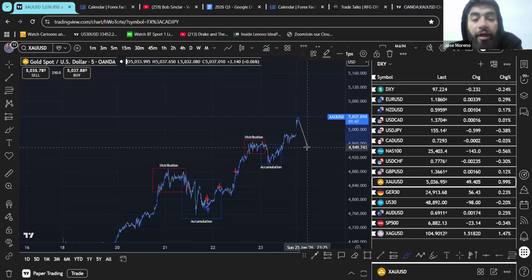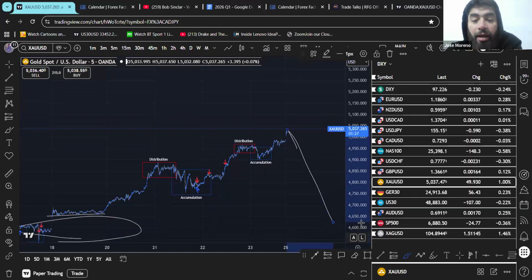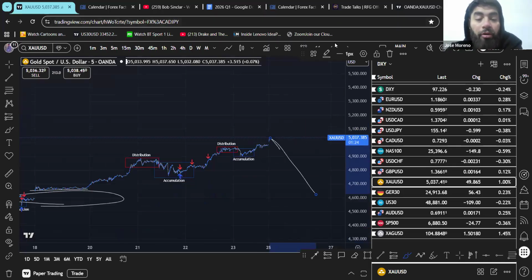Because of that, you can allow yourself to do things over time, especially with you. Taika is in a different position because she only has one entry. You have multiple entries, multiple micro lots or whatever, right? That are in there. So you can let the market do its thing. Because again, like I said, chances are we're not going to see a huge straight line down. Chances are it's going to be a lot more gradual than that.